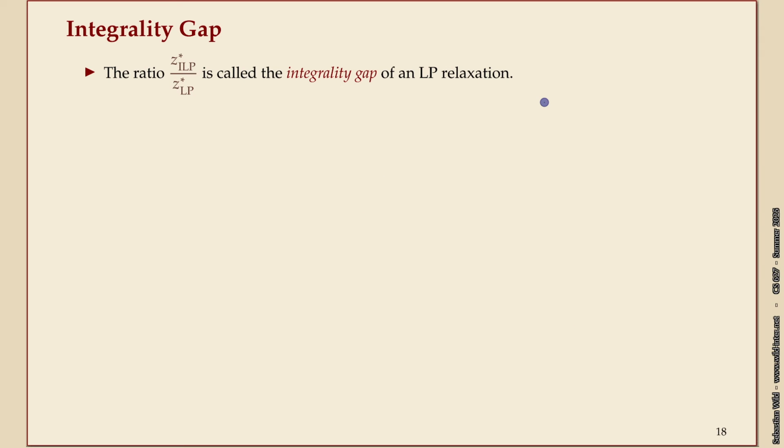At this point, I want to introduce another name. We'll come back to this in other places too. That's the notion of an integrality gap. And technically, it's just the optimal value that you get for the ILP divided by the optimal value for the LP. And the question is, how far away can these be from each other? So this is defined for a specific LP relaxation, because you need to be able to talk about one ILP and its LP. But you can also